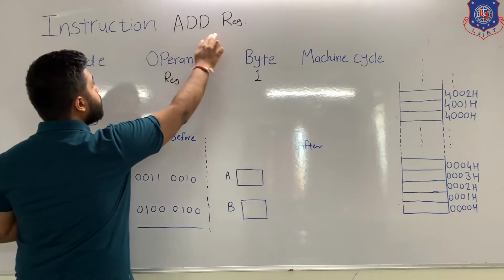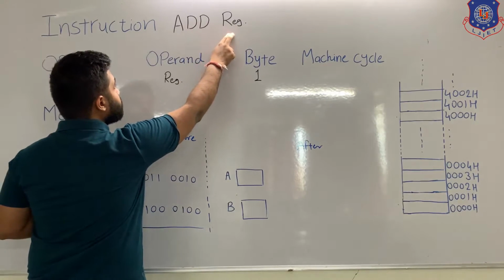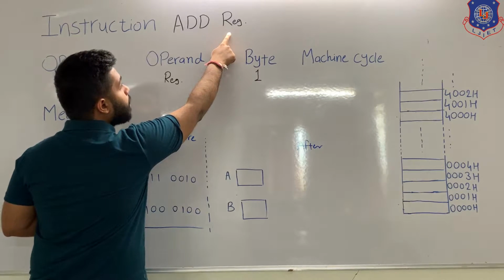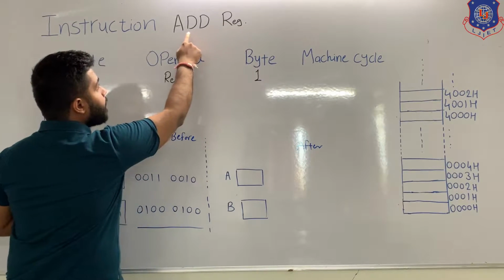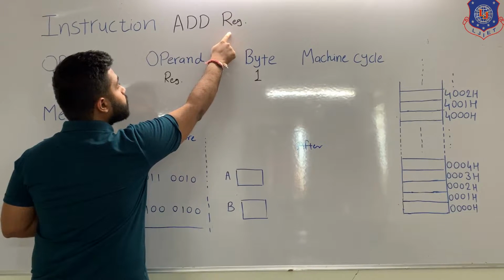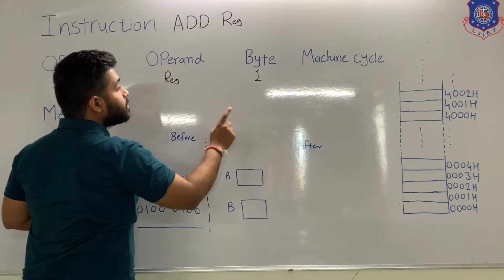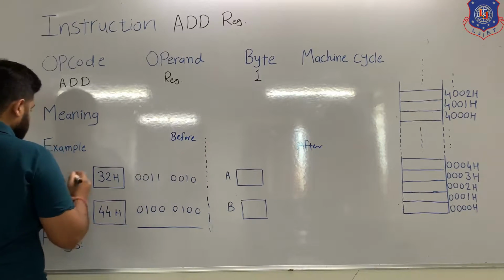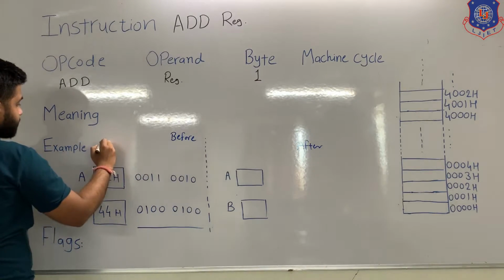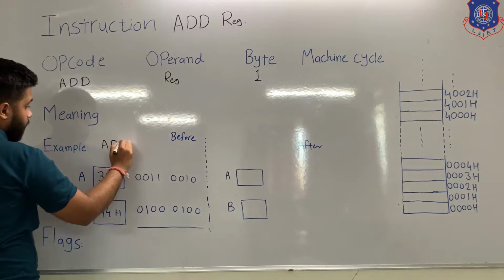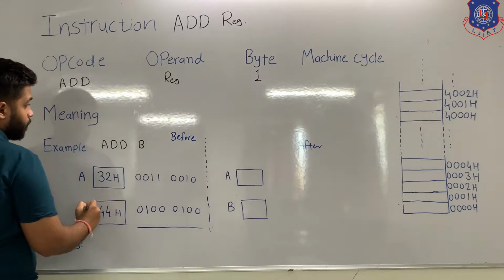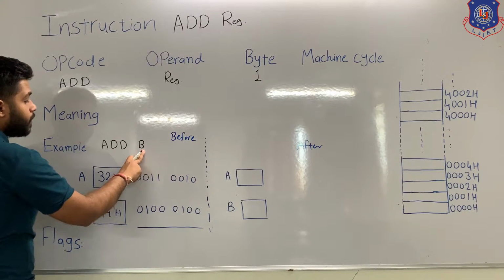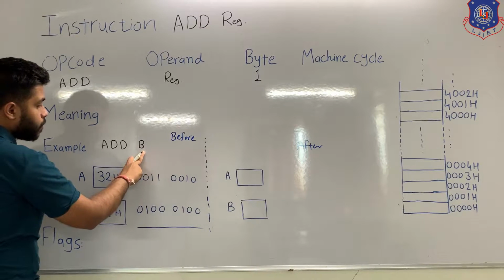Now the instruction is add register. Add register means add content of register with accumulator. I am repeating, add content of register with accumulator and answer will be stored in the accumulator. Let's see one example so that you can get it. The example is add B. So add B means add content of register B with accumulator and answer will be stored in the